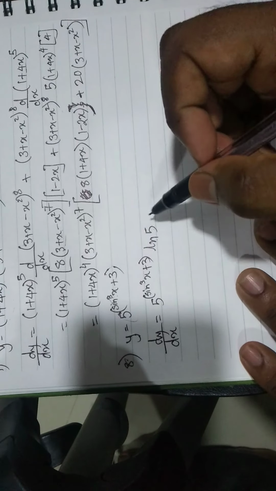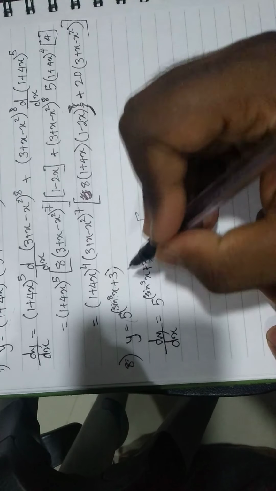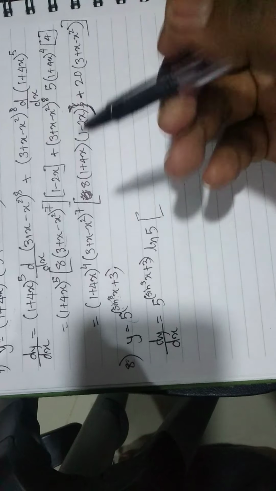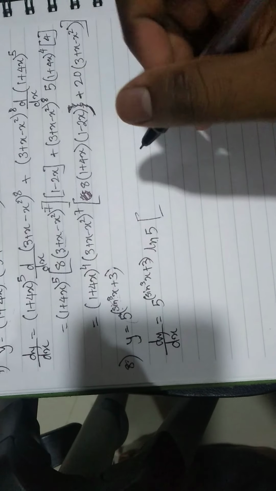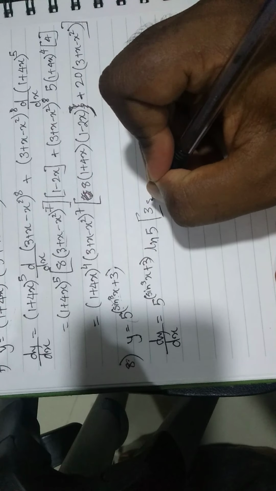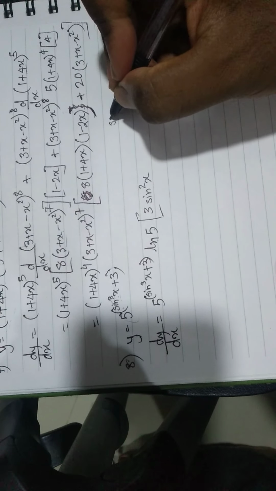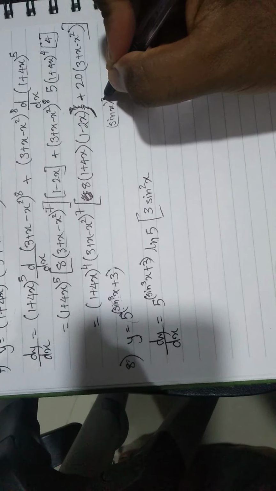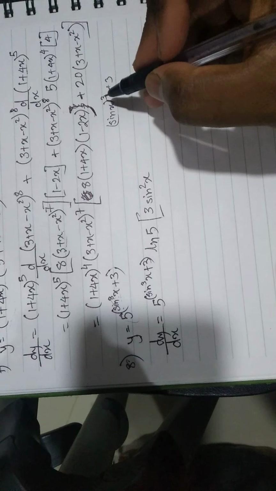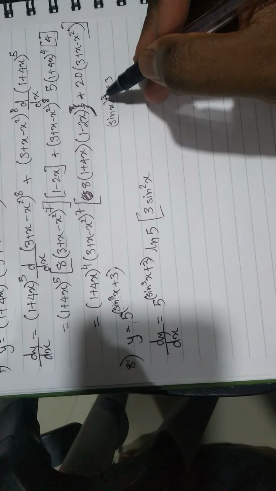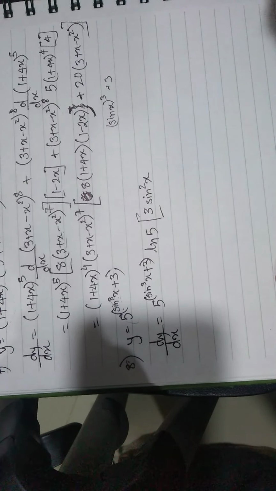All right, so the outer derivative is taken care of. Now let's take the derivative of this inner one. So this is of the form x cube plus 3, but instead of x we have sine x. So that is going to be simply 3 sine square x. Okay, so this sine cube x can be written as (sine x) the whole cube plus 3. So when you take a derivative here, this looks like 3 (sine x) raised to 3 minus 1, which is 2. So that when you open the bracket, it looks like this.